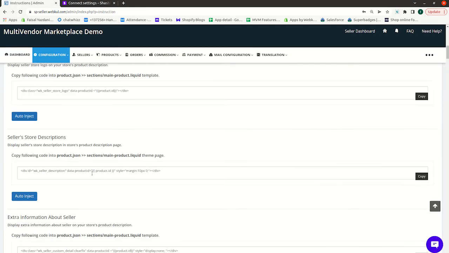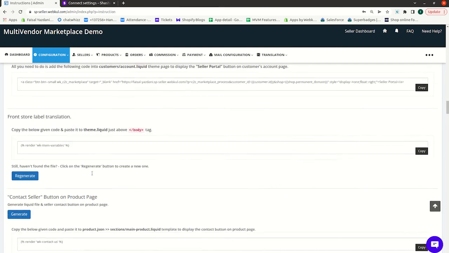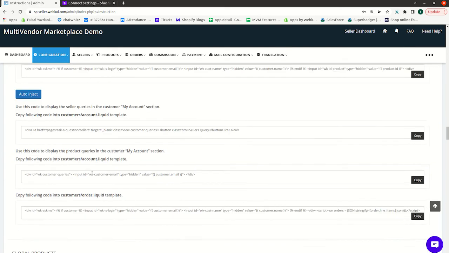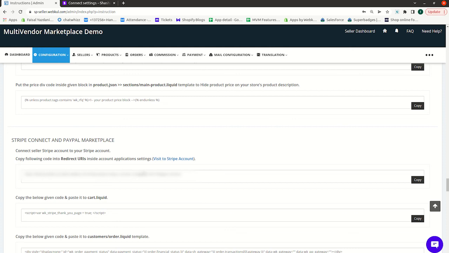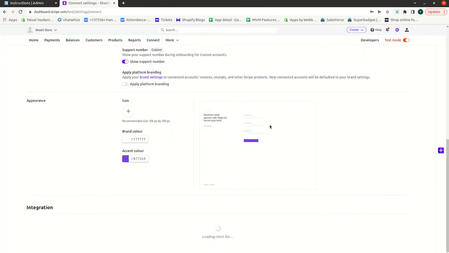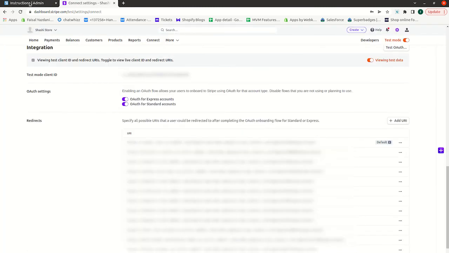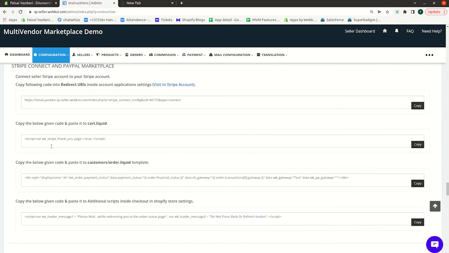When you go to the instructions, here you will find the redirect URI. You just need to copy it, paste it over here, and add the URI. This will link your Stripe account with the multi-vendor application.